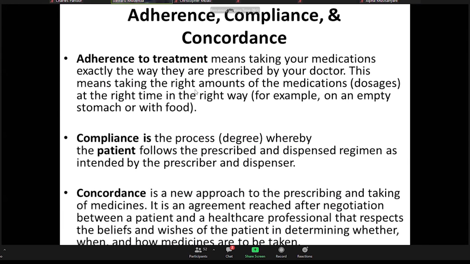Now I tell you, it started with compliance. Compliance used to be, you give a medication to the patient and you tell them, go and take it the way you're supposed to. Okay? Adherence also came in to replace compliance. With adherence, clients would be told how to take, and they would also discuss with the physician. But it also had some challenges. Then came concordance, a new term to replace this, where you find a client in the